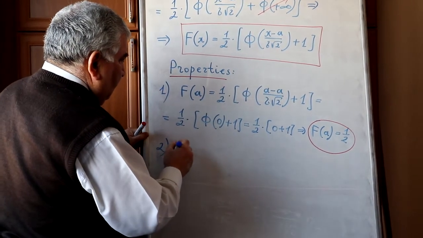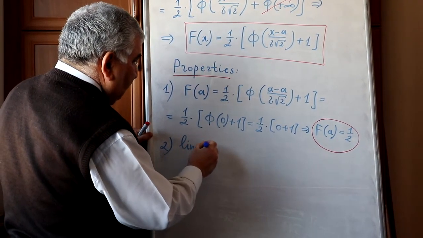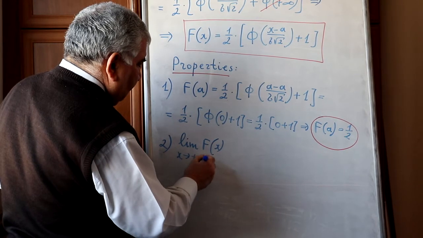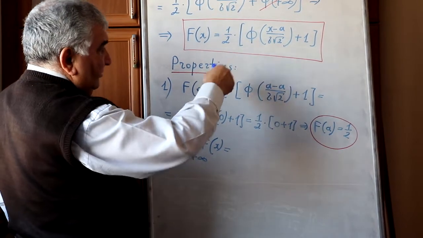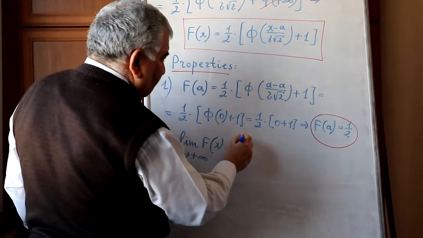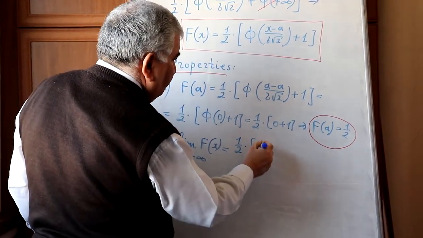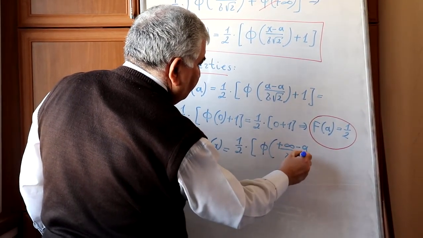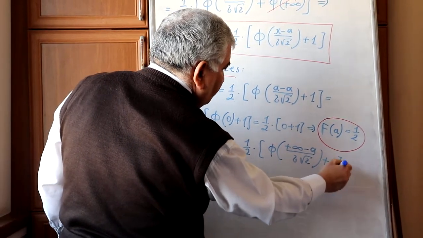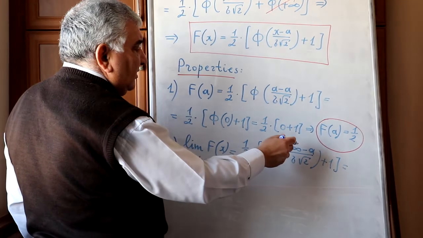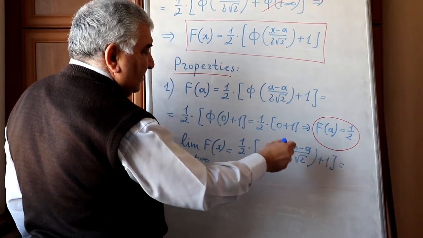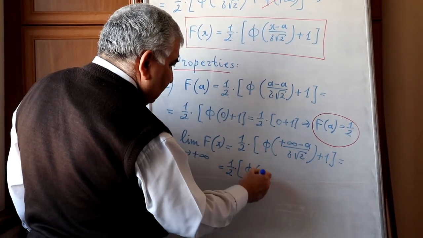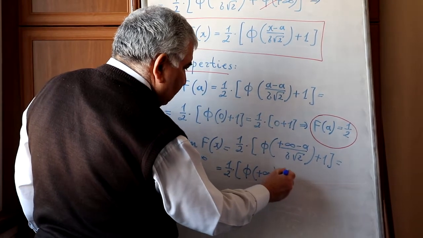Second property, limit of F(x) when x tends to plus infinity. Substitute plus infinity instead of x here. 1 second multiplied by phi of (plus infinity minus a) over sigma square root of 2, plus 1, equals: infinity minus a is infinity, infinity divided by sigma square root of 2 is plus infinity, so we get 1 second multiplied by phi of plus infinity plus 1, and